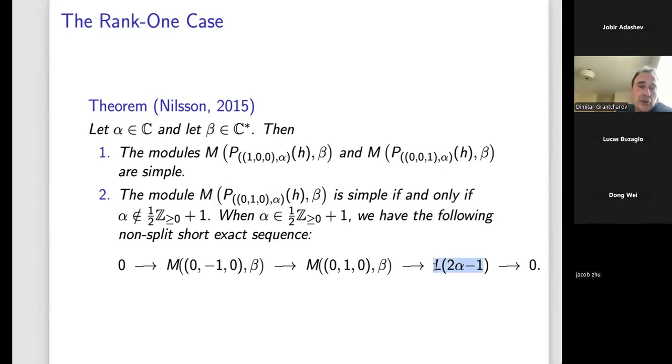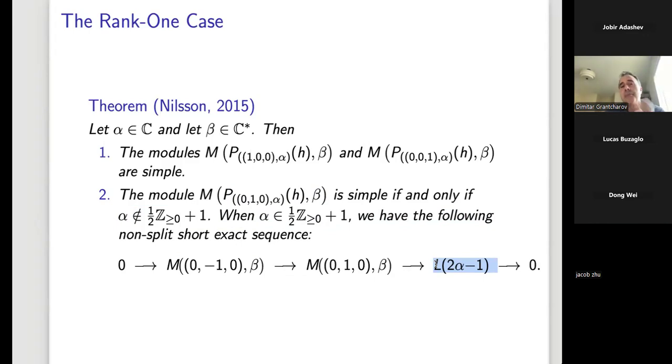This is a finite dimensional module, by the way, a module of highest weight alpha minus 1, which is a non-negative number, and another UH3 module of rank 1. So this guy is simple, this guy is not. So in a way, you relate this case to this case, and the answer is we have more like extension of the corresponding other alpha with the same central character with finite dimensional module, which explains how complicated this category is.